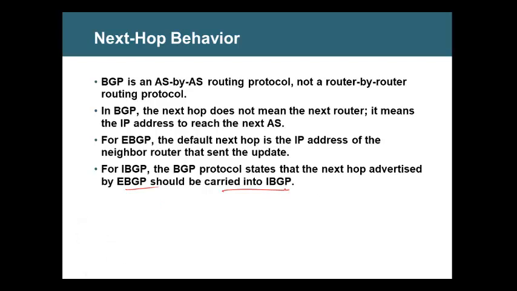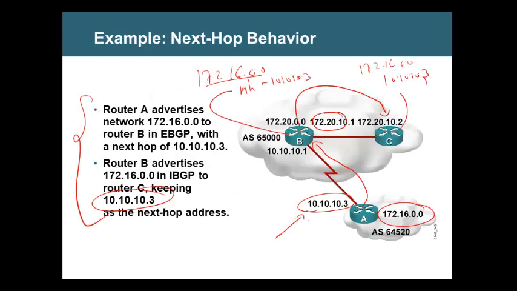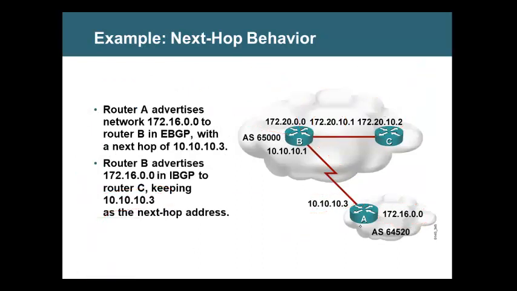Now I want to slightly change this. Let's say I'm forming neighbors using loopback. Router A is 1.1.1.1, Router B is 2.2.2.2, Router C is 3.3.3.3. So this time what address are we using? The loopback interface address to form the neighbor. Now, it will not be 10.10.10.3. Instead, it is the address that you use to form the neighbor with the other autonomous system.